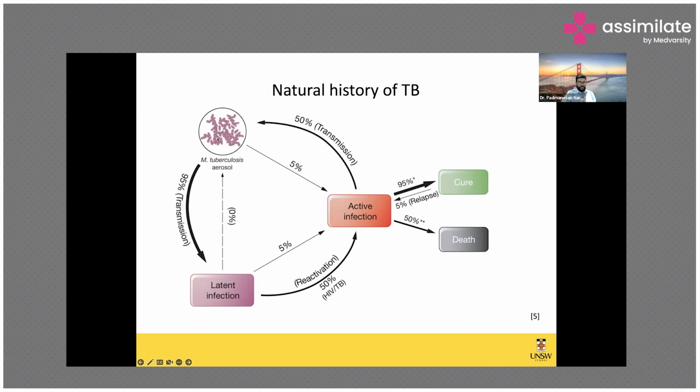So like I showed you in the previous slide, on the top left corner is the Mycobacterium tuberculosis bacilli. You inhale that, and 95% of them will go into a state called latent TB infection. And of those people with latent TB infection, 5% will, in their lifetime, go into active TB disease. All right. So that's a very significant portion. Like say, World Health Organization estimates that nearly 1/3 of the world's population has got latent TB infection.